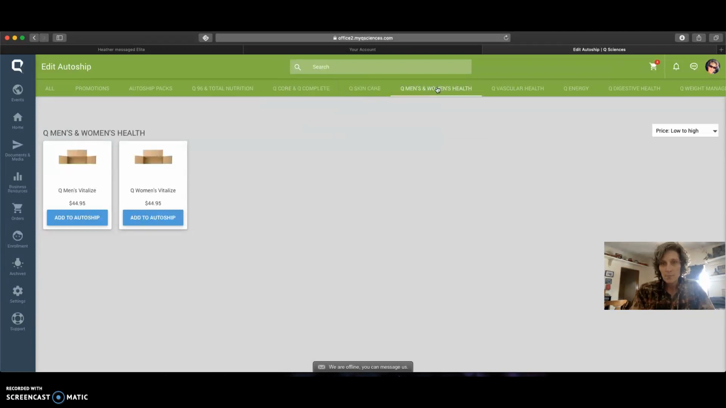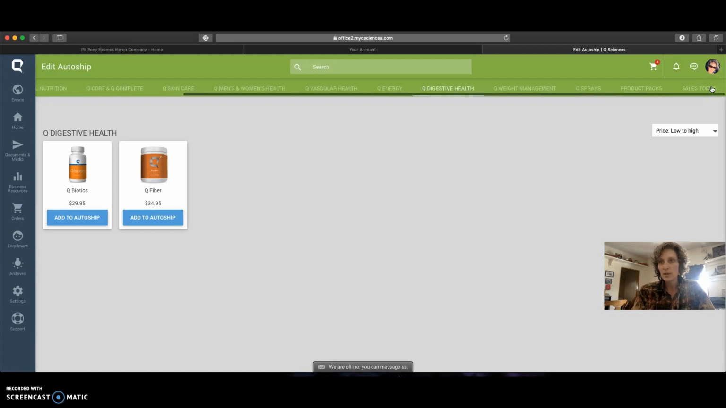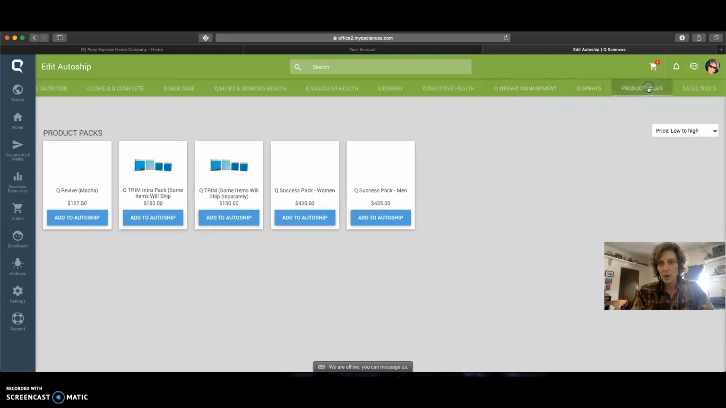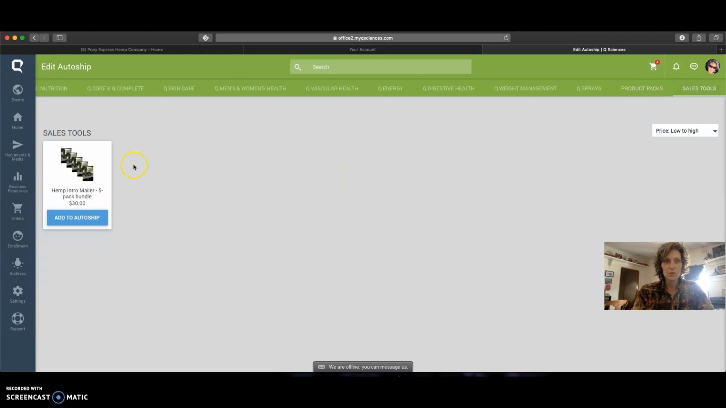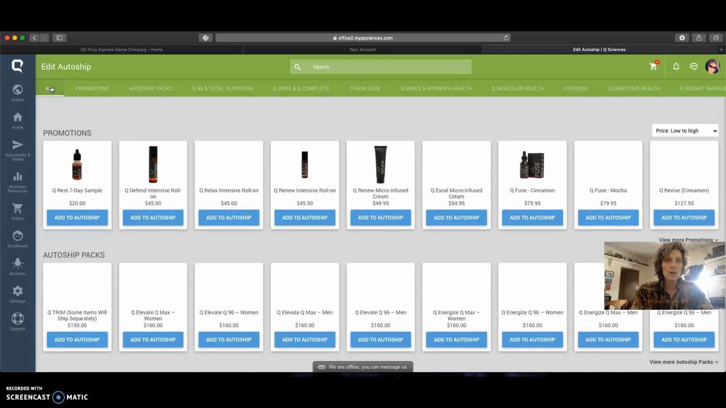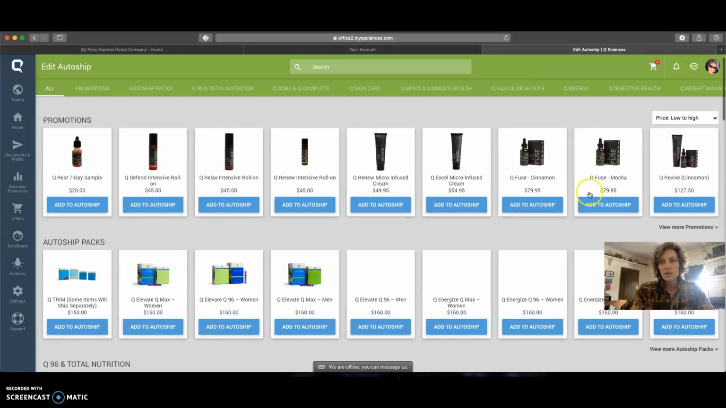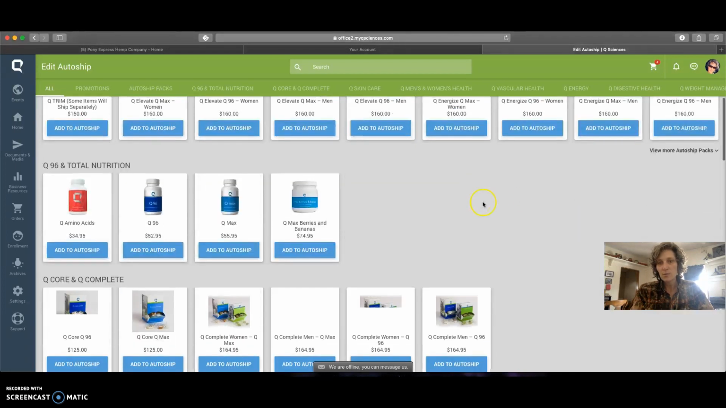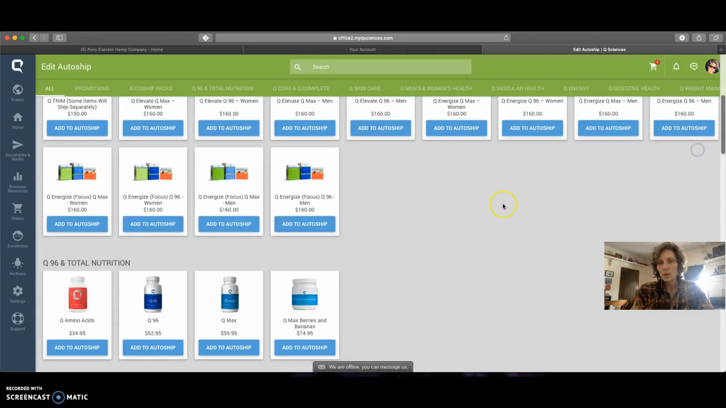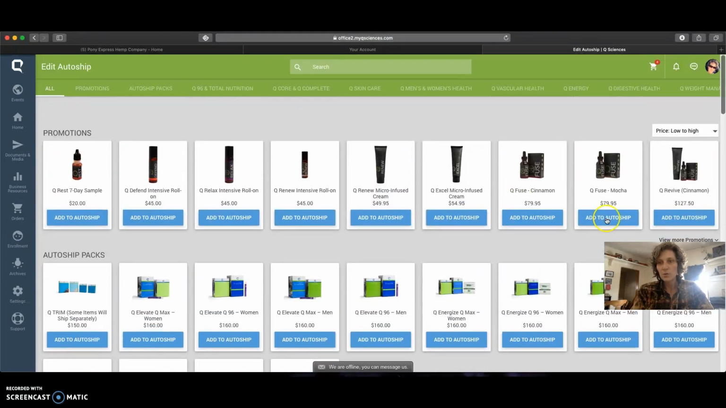Skincare, men and women's health, which is the Vitalize, the vascular health, energy, which is the focus and the sport, digestive health, biotics, and fiber, and this slides over as well. Weight management, sprays, product packs, and sales tools is just the hemp samplers. And then slide this back over and hit all, and it'll bring everything back up again. So you can see through all of these that they have view more, and you can add. So to add to your auto ship,